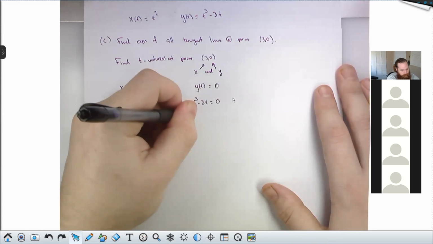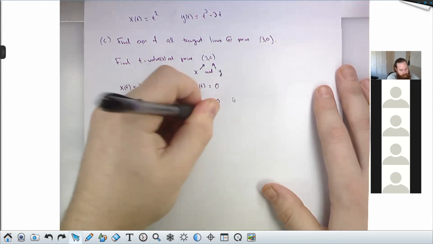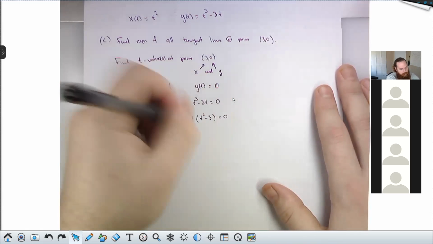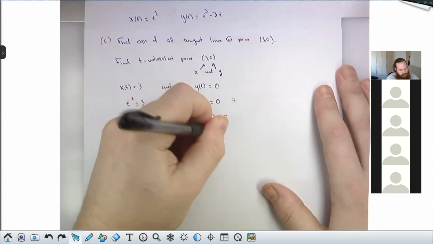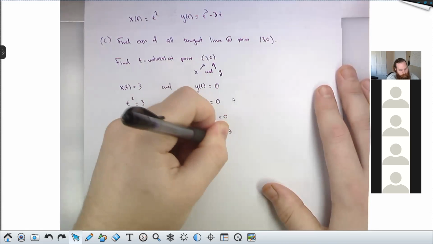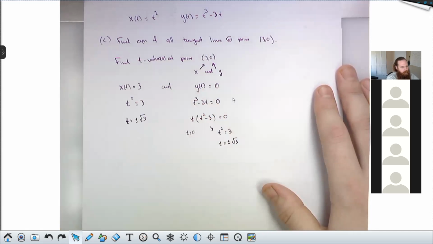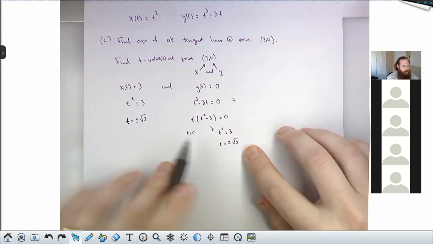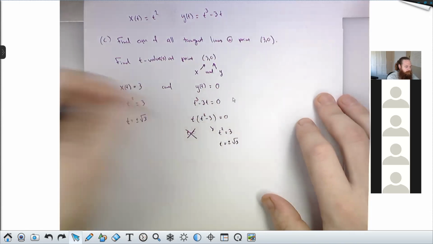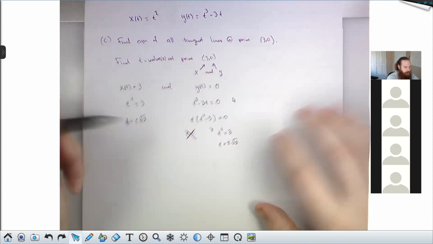If I factor a t here, I get t times (t squared minus 3) equals 0. So here I get either t equals 0 or t squared equals 3, which would be t equals plus or minus the square root of 3. So two of these match. This guy does not match. T equals 0 does not make my x coordinate equal to 3. So he's not one of the guys I'm interested in. The two guys I'm interested in are,